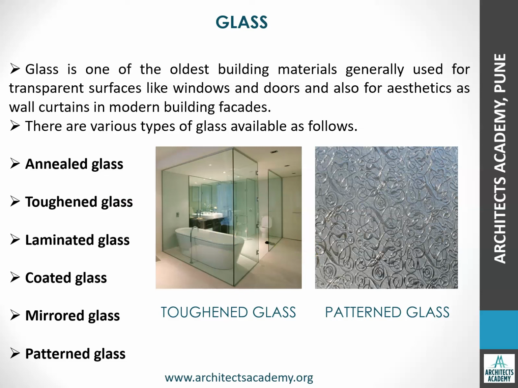So for that you will use a toughened glass. Or nowadays in vehicles also we have this toughened glass which is used for our windows. Laminated glass means it has a tint on the glass, black colored glass or something like that. That will be called as laminated glass. So these are typical glass examples which we see in day-to-day life. Okay. So we will see the example of the glass bridge.